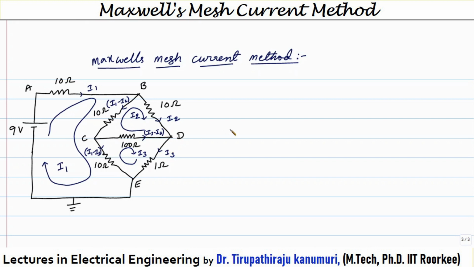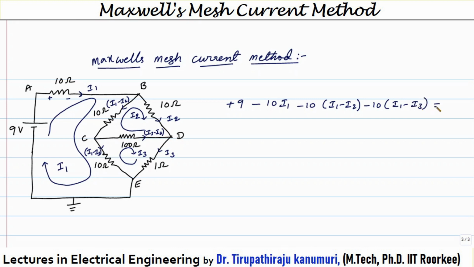We will verify the same thing using those software tools also. For that, first I am applying KVL in the first mesh. I am going from the minus terminal to the plus terminal, so I have to take it as plus 9. Now through the 10 ohms, when I1 is passing, the voltage drop will be plus to minus. When you are going from plus to minus, there is a voltage drop, so I have to take minus 10 times I1. You proceed similarly for the other resistors. Now I am going through 10 ohms, so minus 10 times (I1 minus I2), and through the lower 10 ohms minus 10 times (I1 minus I3), because I am going in the current direction.